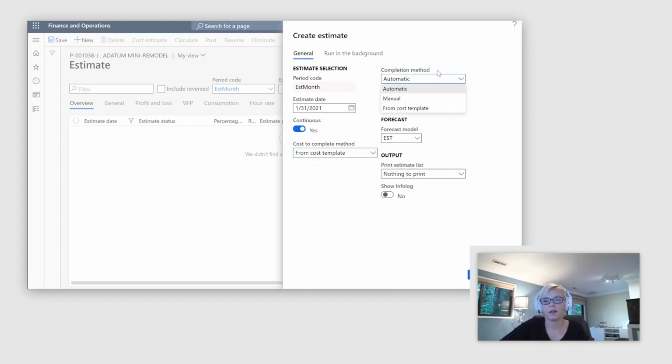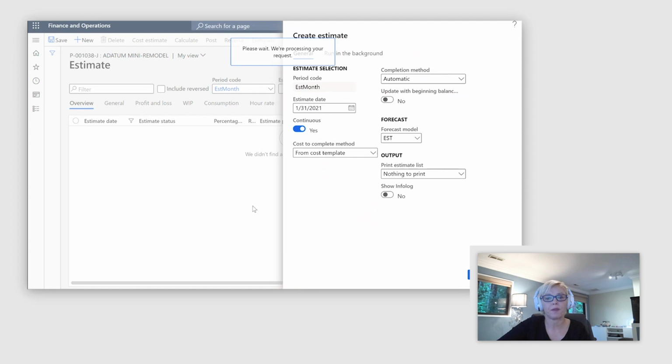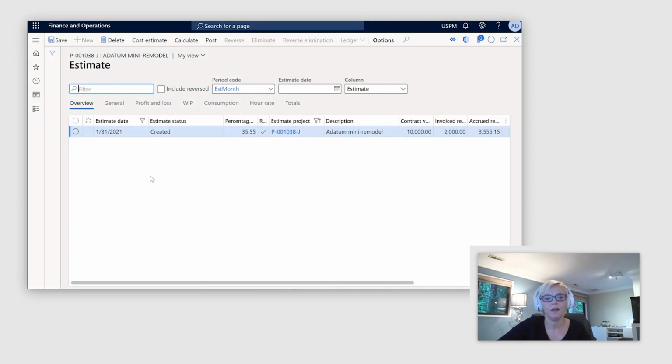I can also pick the completion method, meaning I can let the system calculate everything automatically, or I can allow the system to calculate automatically, but afterwards allow the accountant to do manual adjustments based on the additional knowledge that he might have on this project. So let me just calculate this first estimate. I can see that it created the estimate and calculated percentage completion for that project as of the end of January. And it is right now at